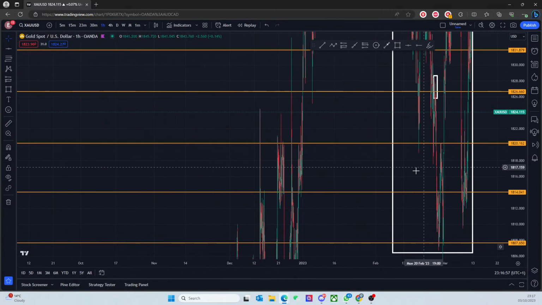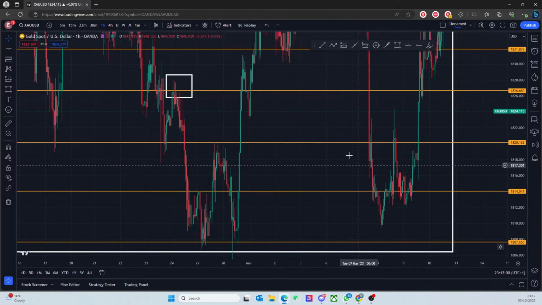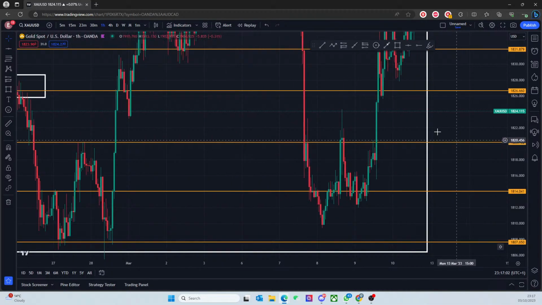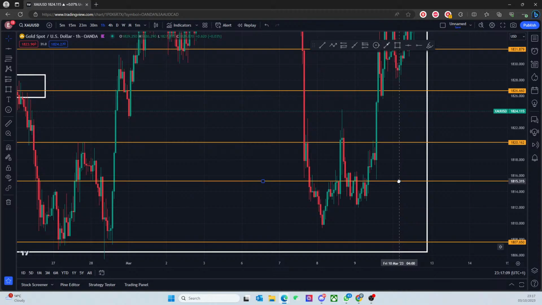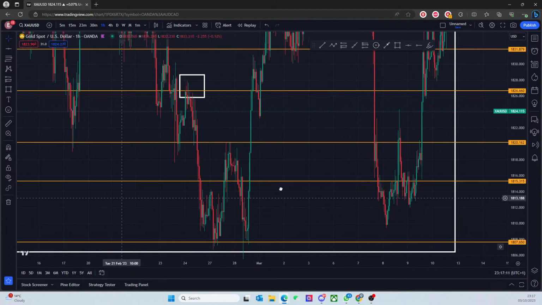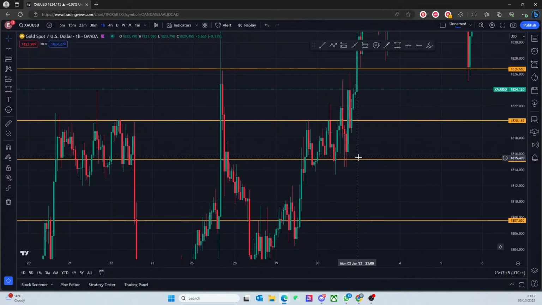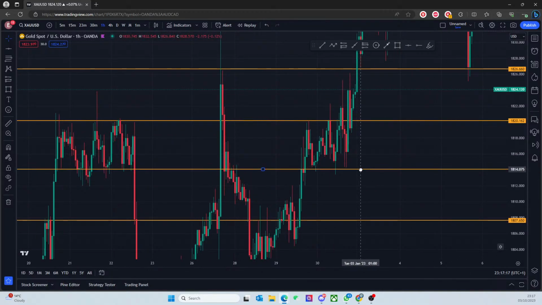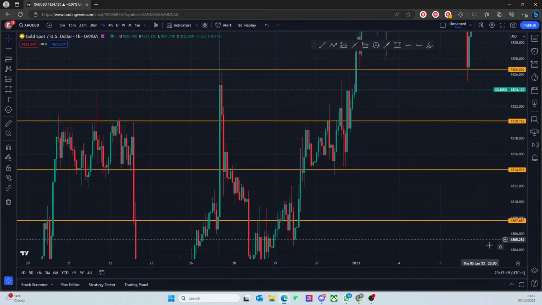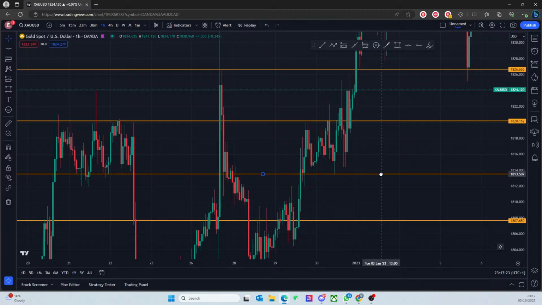So did I mark out 1820? Was that where I marked up? Yeah, 1820, right? So what is that? Let's mark out on the 1 hour what this looks like as well. This is kind of a more weird one. I'm not too sure about 1815. It's gonna have to be lower, unfortunately. So around these sorts of areas, cool. If this is our range, actually no. This.